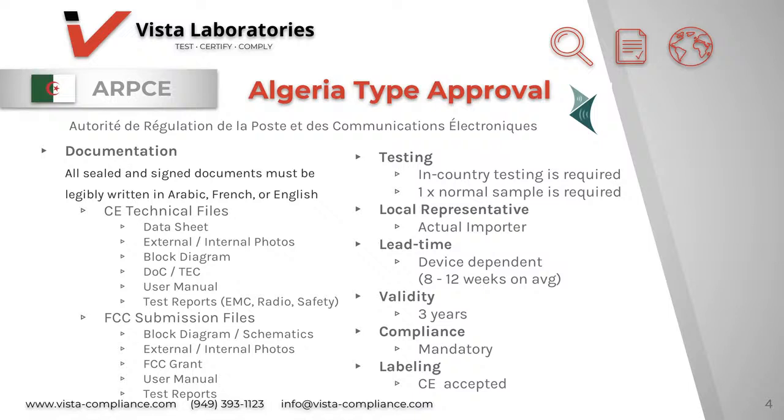Copy of the commercial register containing the activity codes linked to the manufacture, import, and marketing of terminal equipment or radio installation falling within the jurisdiction of the regulatory authority within the meaning of Law Number 18-04 of May 2018. Copy of tax registration card. Copy of the certificate of existence of the tax registration card for foreign companies operating in Algeria. Company statutes. Copy of the activity approval for operators operating in the fields of sensitive equipment Type 1 and Type 2 in accordance with Executive Decree Number